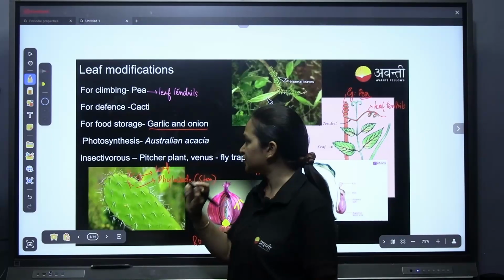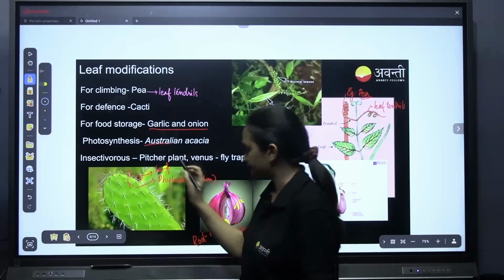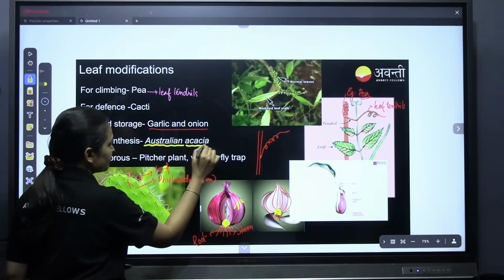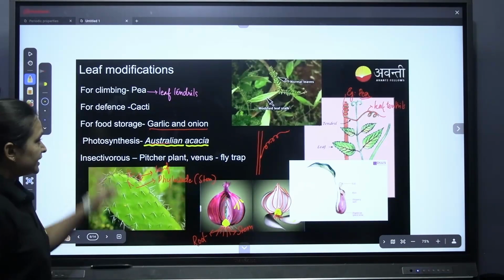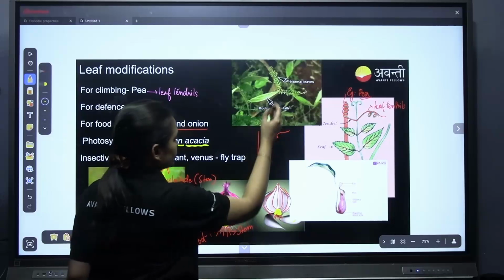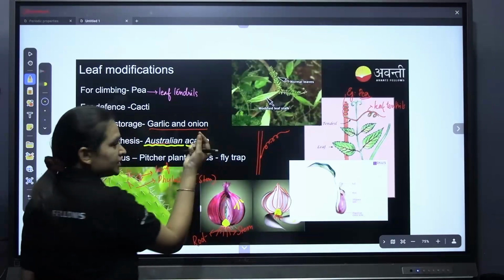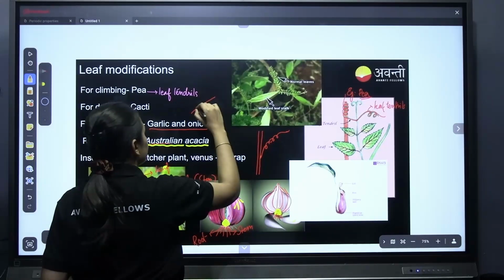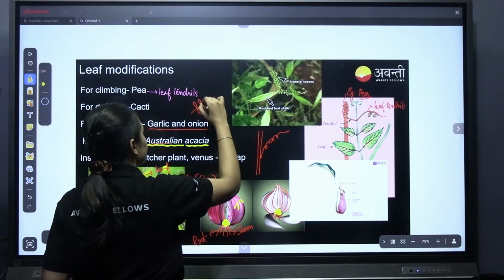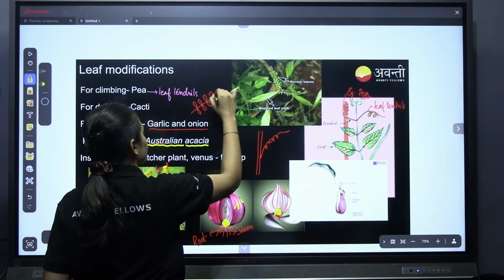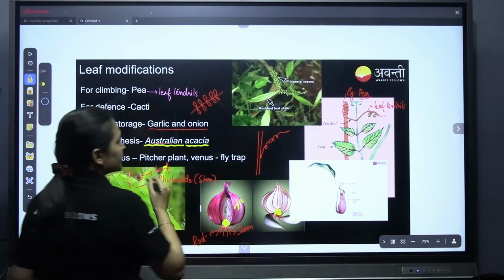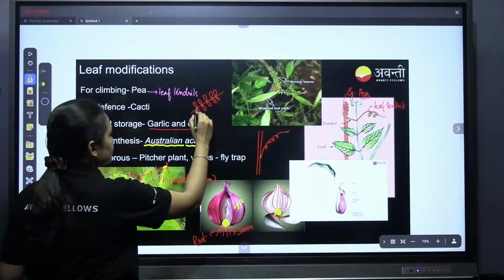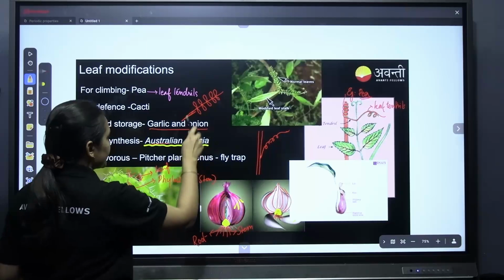Now coming to photosynthesis, Australian acacia, this one gives the leaf modification. In acacia, if you see a very young juvenile plant, the leaf will be like this. After it started growing, the rachis part will be there, right? This part